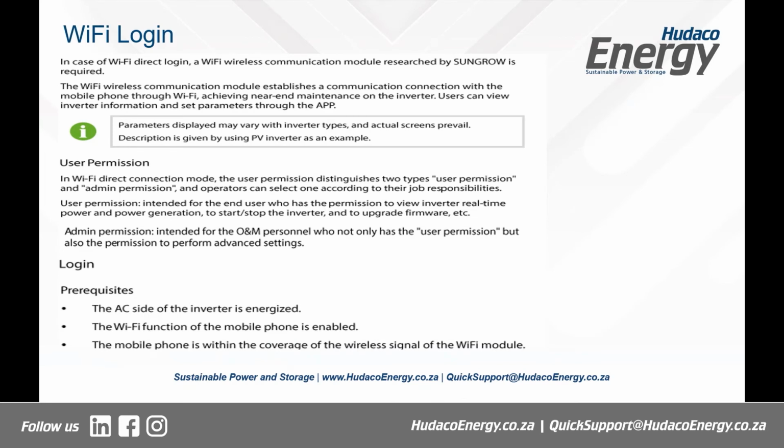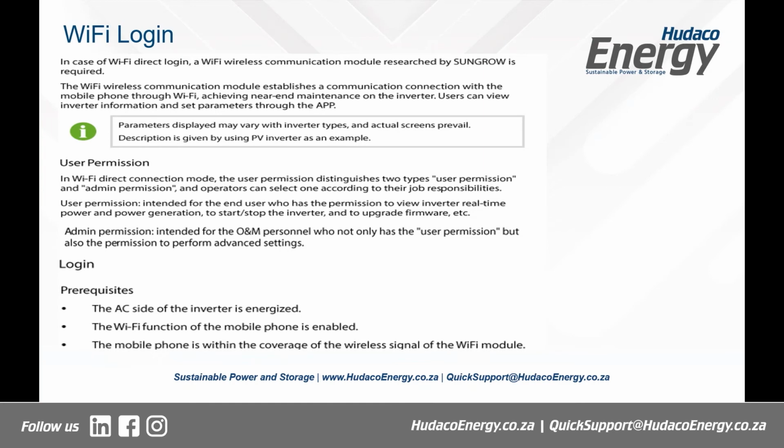onto the Wi-Fi, like I said, you can only use the connection module that is provided by Sungrow, not any other. All right. First of all, if you're using a Wi-Fi direct communication, there are two options. Like I said earlier, there's user permission and admin permission. Whether you're a user or you're an admin, it is different. The privileges that you have are different. As a user,